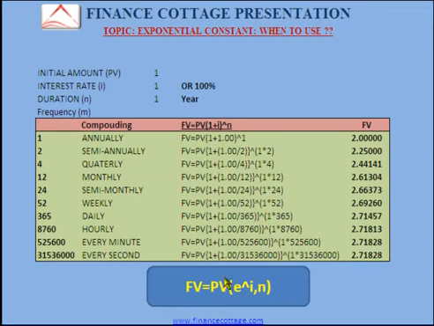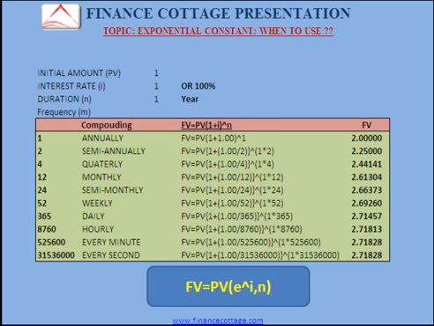Now to calculate the future value in case of continuous compounding, the formula is future value equals to present value multiplied by exponential constant, whose value equals to 2.7182 raised to the power interest rate multiplied by the duration n. So if you want to know the future value of any amount of money for a given period of time at a given interest rate compounded continuously, you can apply this formula and you can calculate the